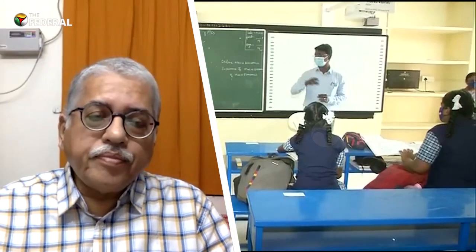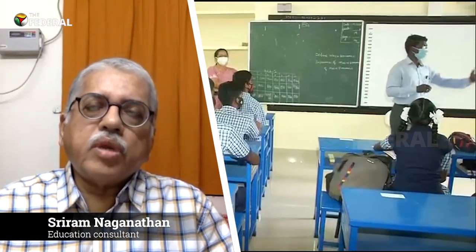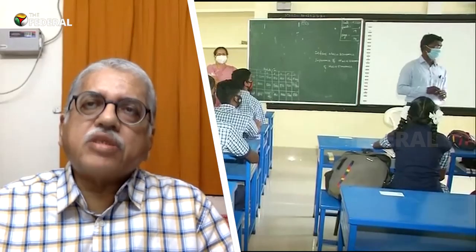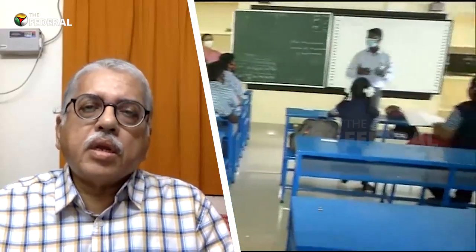Hi, I'm Sriram. Recently, there was a furor over the removal of certain topics in the class 10 science textbooks by NCERT. The topics included the periodic table in chemistry and evolution in biology. NCERT clarified that these topics have not been removed or deleted, but have only been pushed up to class 11 and class 12. Now, why was this done?